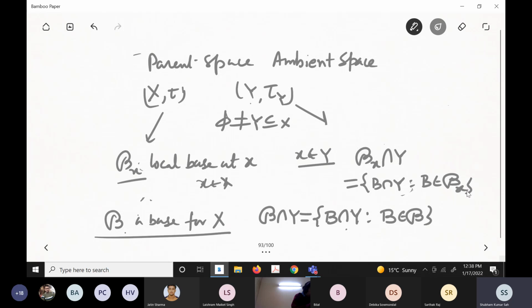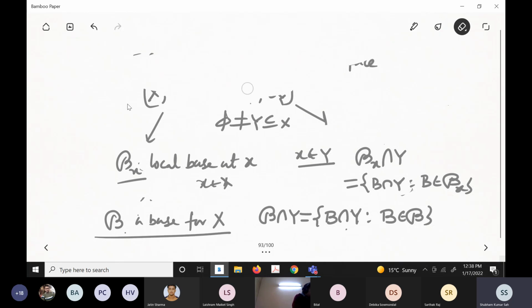So basically I am giving you the proof. This will be a local base, whether it is countable or not. It will be a local base at x in (Y, tau_Y), if this is a local base at x in (X, tau). So if you can pick up a countable base here, it will be countable here. So a subspace of a first countable space is first countable, and a subspace of a second countable space is second countable. So I can write this result.